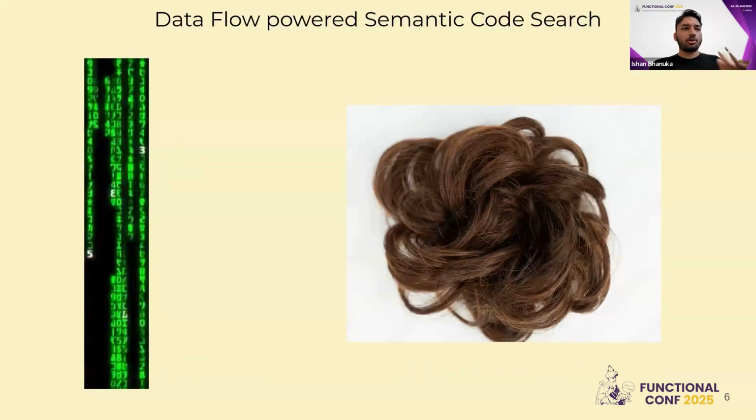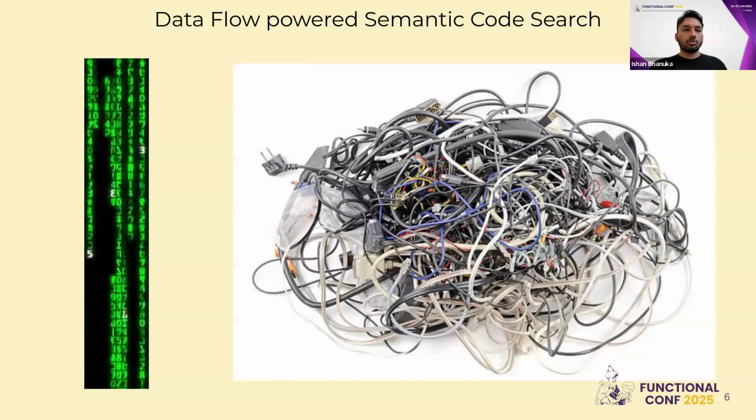why is this the case? Because the code is made of a hairy mess of entangled logical flows. It's like a bunch of entangled wires, and I want to specifically find out the one wire that is relevant to me. I want to follow it through this entangled mess, right? So